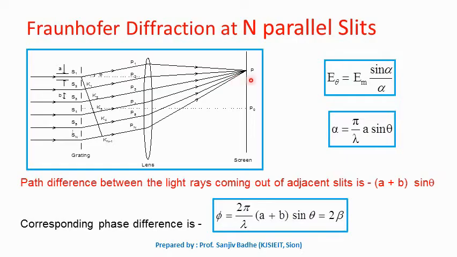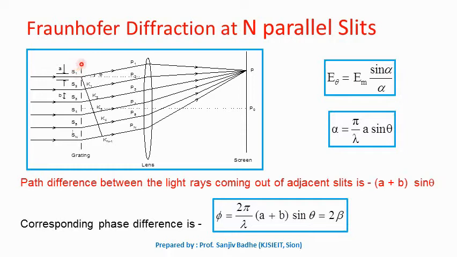Intensity of light at point P will be directly proportional to the square of the amplitude arriving at point P. To find the resultant amplitude of the wave disturbance arriving at point P, we can draw a vector diagram in which the light waves are represented by vectors. The length of the vector will be the amplitude of the waves, and the angle between the vectors will be the phase difference between the waves.